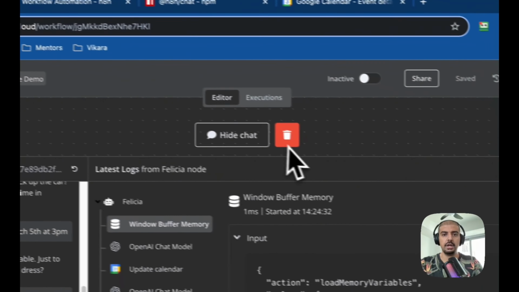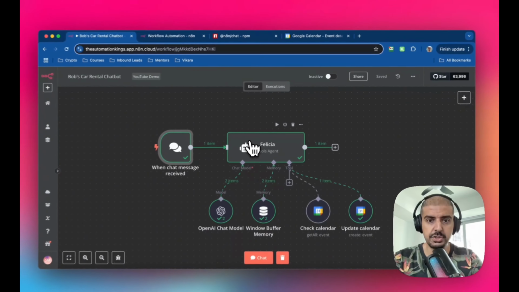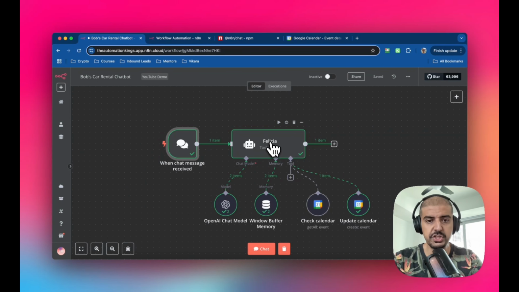Okay, so with that being said, let's just have a look at the automation and then obviously we'll build it together. Okay, so this is the AI agent, that's Felicia. It obviously uses the OpenAI chat model. I mean, I'm very comfortable with OpenAI. I actually pay for it. I think it's still a phenomenal language model. But I mean, you could do this with Grok, you could do this with Mistral, you can use Claude, Gemini,